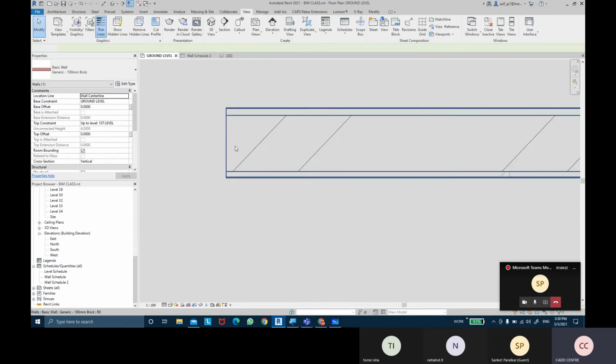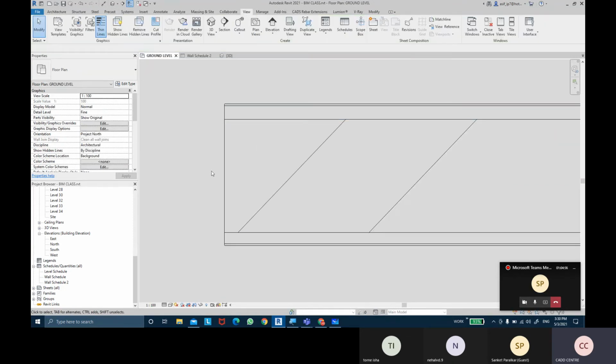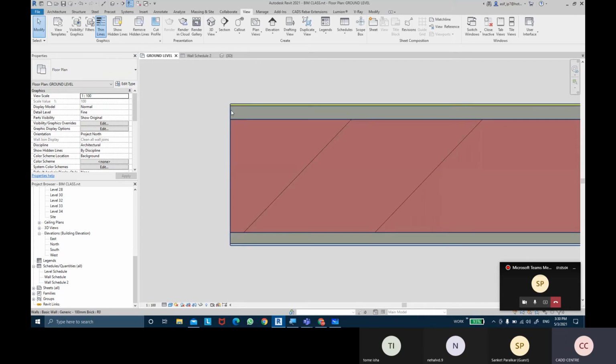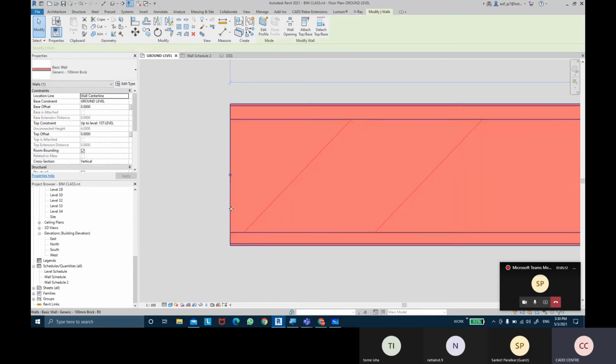Okay, so when the wall ends over here, you can see this plaster layer is not turning and applying on the end of the wall. Okay, so what I wanted here was that this plaster layer should turn and get applied to this corner end of this wall also. Okay, so to do that, I'm going to select the wall. I'm going to come into the edit type.